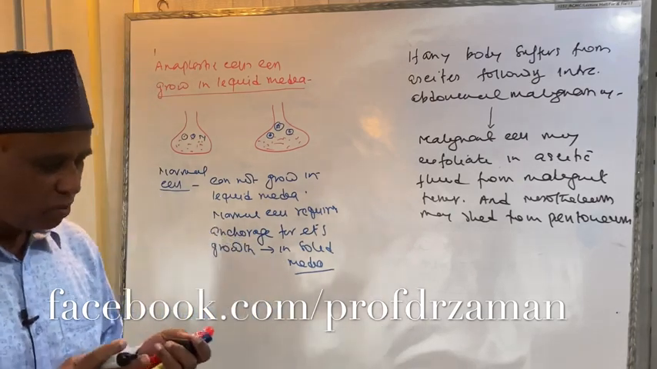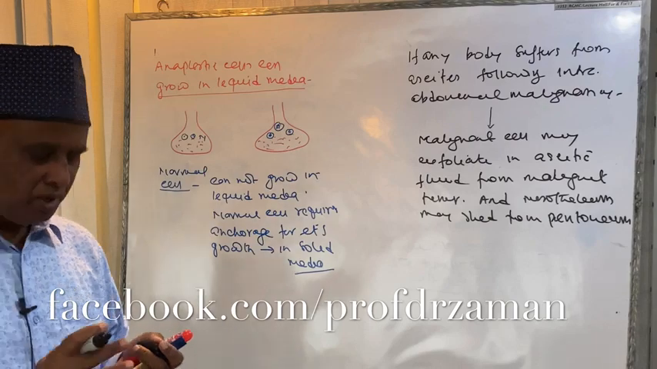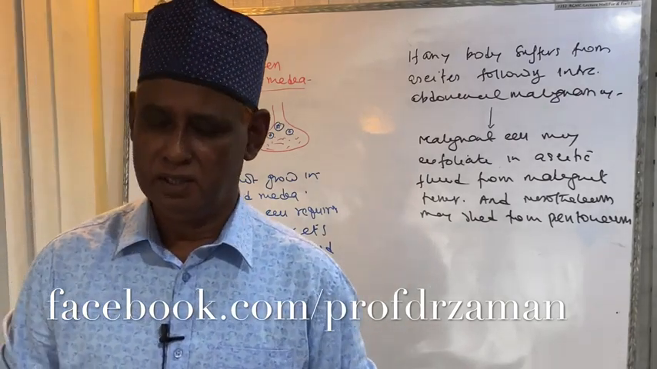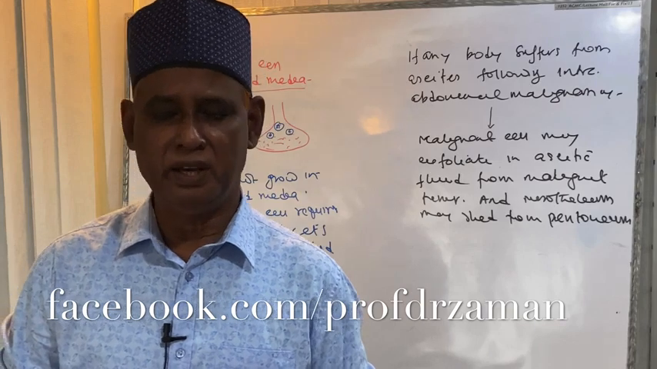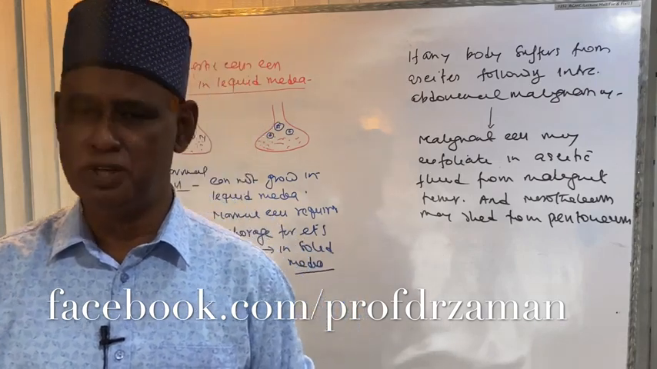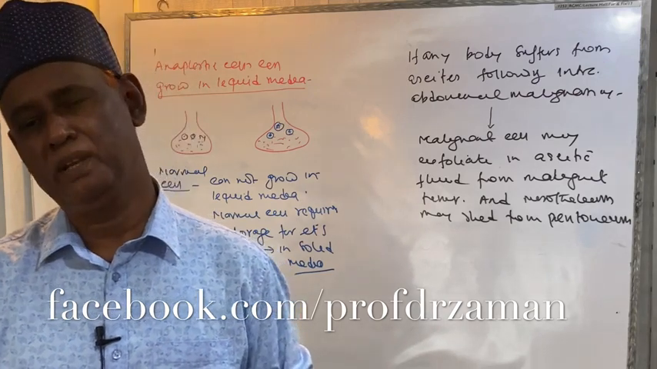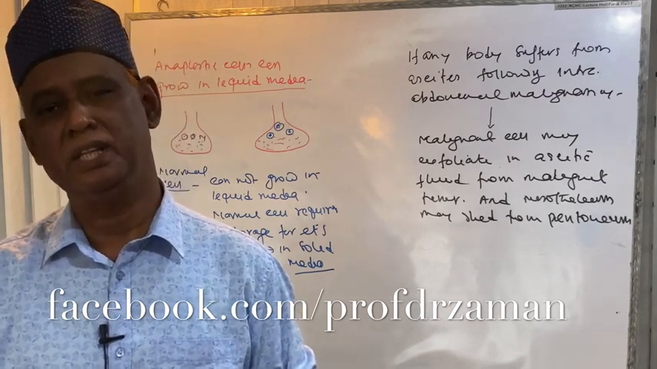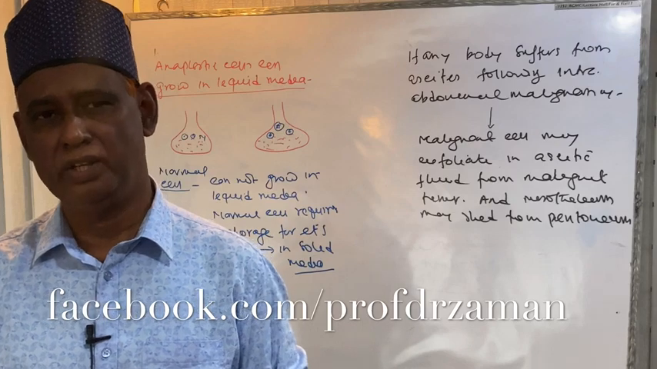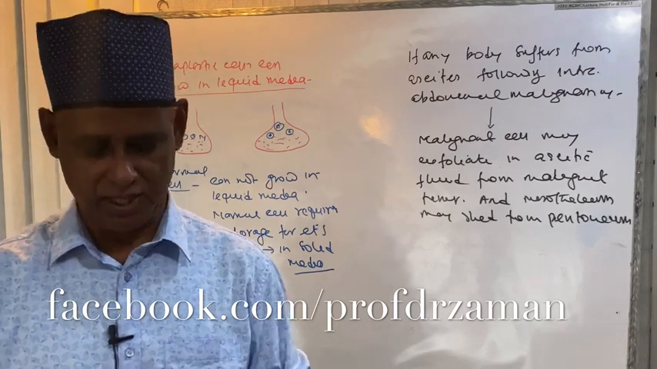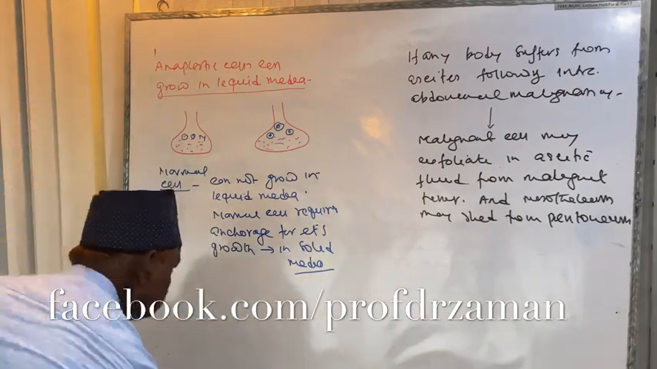So loss of contact inhibition, reduced serum requirement for survival, cancer cells or malignant cells or anaplastic cells never mature, they are immortal and they can grow in liquid media. These are the growth characteristics of anaplastic cells in artificial media. Now come to